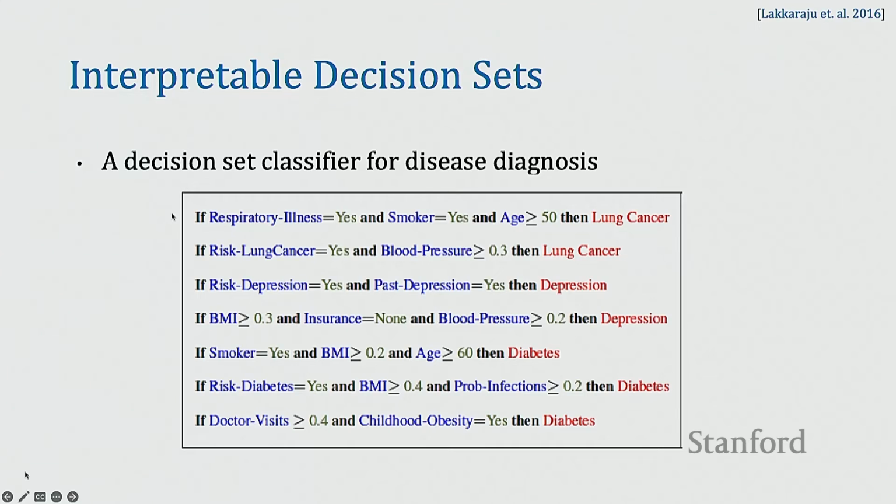So the next approach, which tries to simplify this process a bit further and also makes it more efficient, and also adds some tweaks on interpretability, which I'll discuss more in our analysis section, is interpretable decision sets. This is an example decision set classifier for a disease diagnosis task on a particular data set. What immediately strikes you is that, instead of if-else-if rules, there is a set of unordered if-then rules here. That's the main difference in terms of how the rules look.